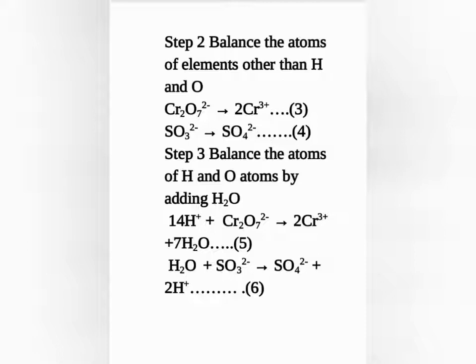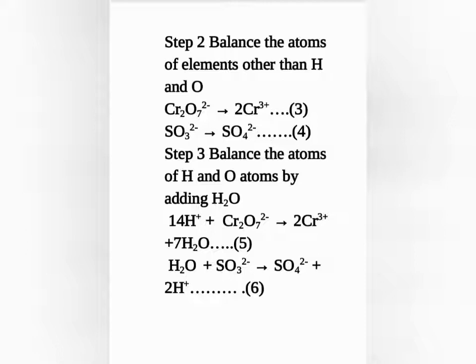So in the first equation of that chromium, we have 7 oxygen atoms on the left hand side and no oxygen atoms on the right hand side. So to get 7 oxygen atoms on the right hand side, you are supposed to add 7 H2O on the right hand side of equation number 3. But if you are adding 7 H2O, we know there will be 14 hydrogen atoms. If you are adding one water molecule, there will be 2 hydrogen atoms. Since we are adding 7 H2O molecules, on the right hand side there will be 14. That will be taken as 14 H plus, not 14 hydrogen atoms.